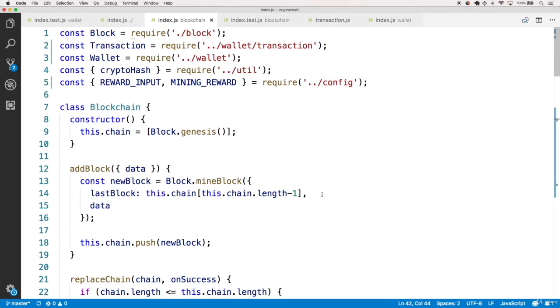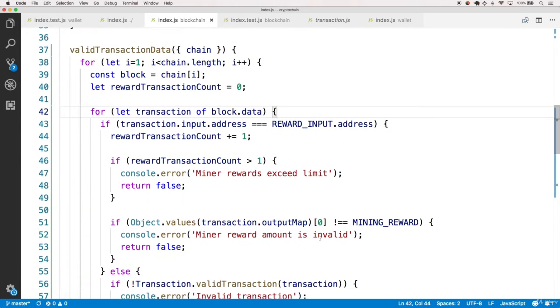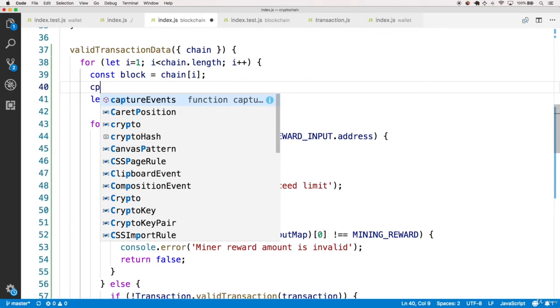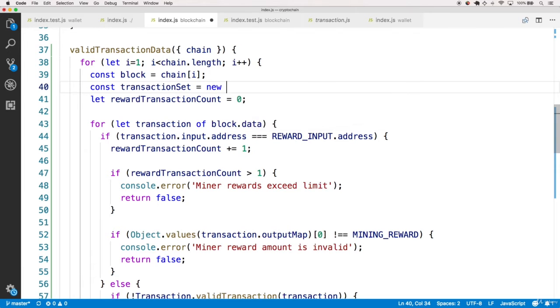blockchain/index.js file. So in the valid transaction data method, we need a way to keep track of all the transactions in the block. Essentially, what we're going to do is we're going to make a constant of transaction set, and we're going to make this an instance of the native JavaScript set class. This is a very nice data structure as it allows us to make a collection of unique items. So unlike the array, which can have duplicates, this set will make sure that duplicates are not created within the actual